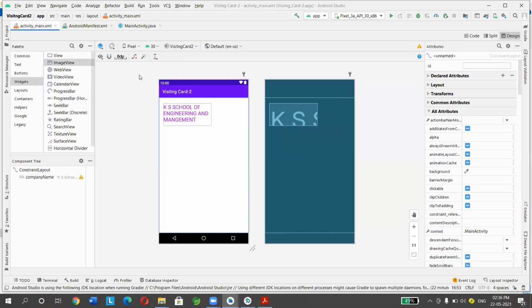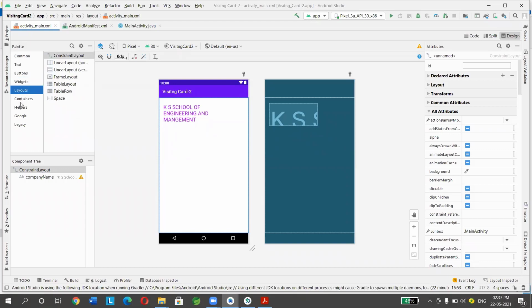Okay, fine. In order to add that image, here we have the palette, right, where different views are available. Initially we have text, buttons, widgets, layouts, etc. If you want to select any text, you can select from here. To write this K School of Engineering, I selected text view.